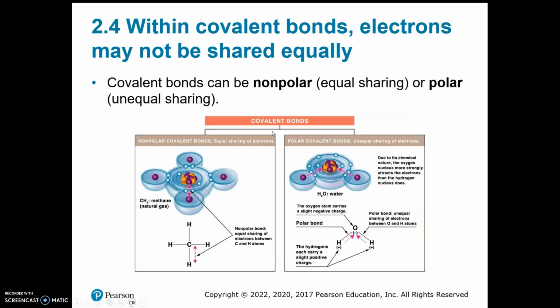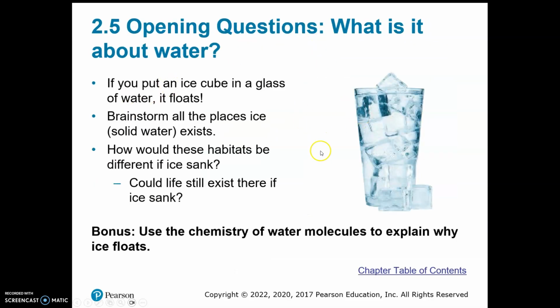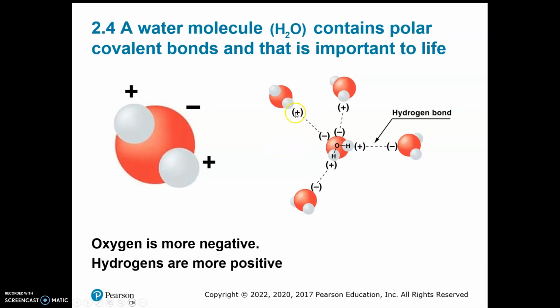in the next section, we're going to start on the properties of water. Let me see if I'm correct. 2.5 should be open, the properties of water, and you will see that the way water molecules bond with each other plays a very important role in how water becomes a very important, necessary substance for life. We living organisms, or not just we, but all living organisms, depend a lot on water. Water is very important for chemical reactions and a lot of other aspects of life. Well, I hope that, I mean, this is the longest one that